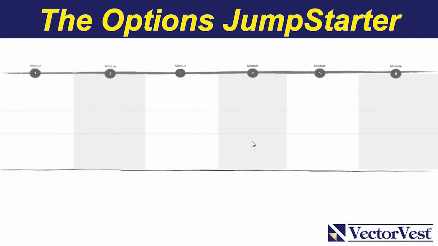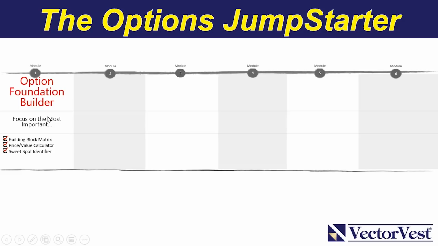The easiest way for me to explain the course is to map it out for you, lesson by lesson. So we'll start with Module 1. It's called the Option Foundation Builder. It's so important because a lot of people try to learn options and get frustrated by all the terms, and they focus on the wrong things as they start out their journey to learn option trading. It's a clear and easy to understand framework so that you'll know how calls and puts work, and you'll know which terms to pay attention to and which to ignore so that you don't waste time or get frustrated.